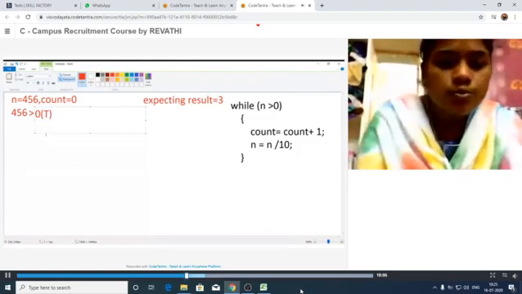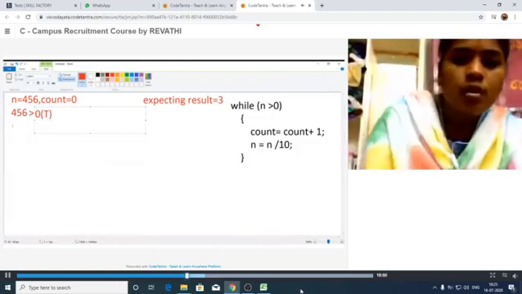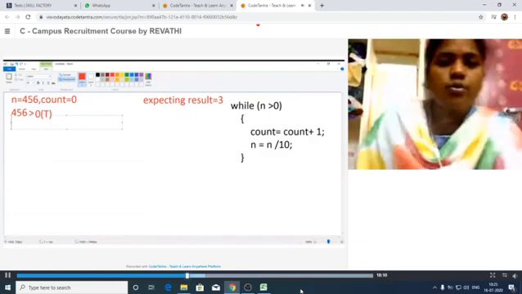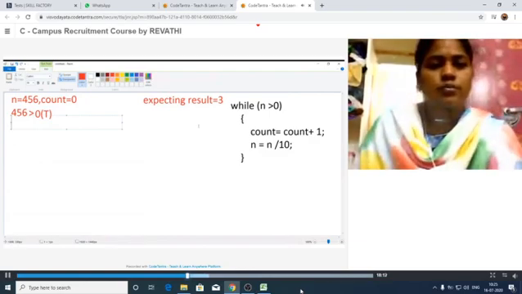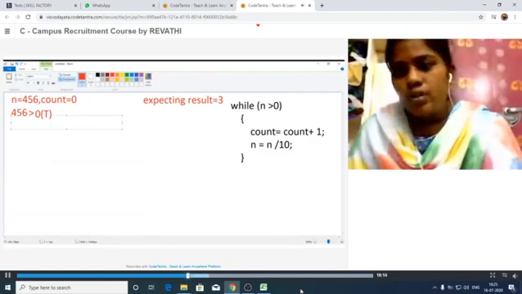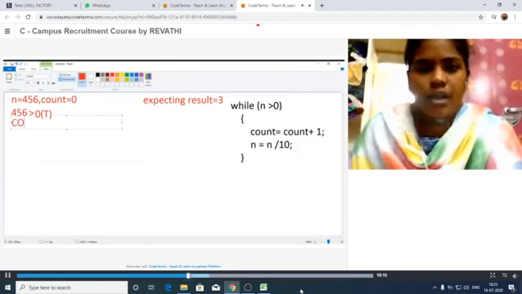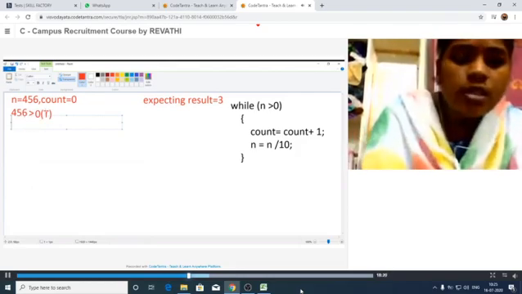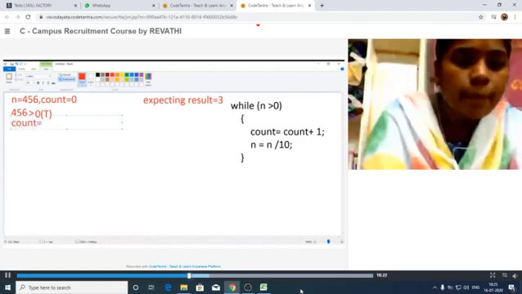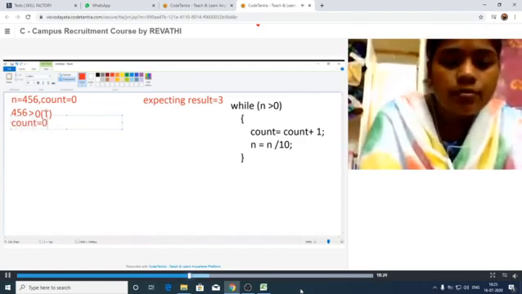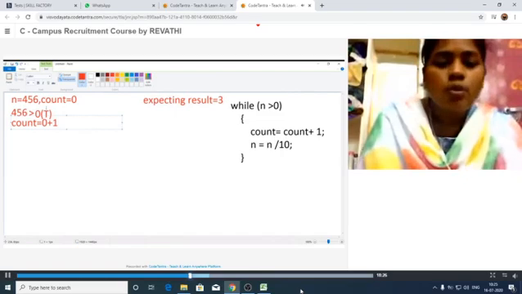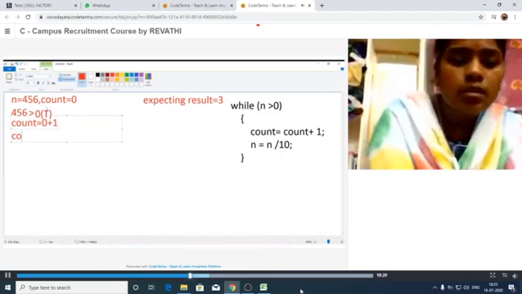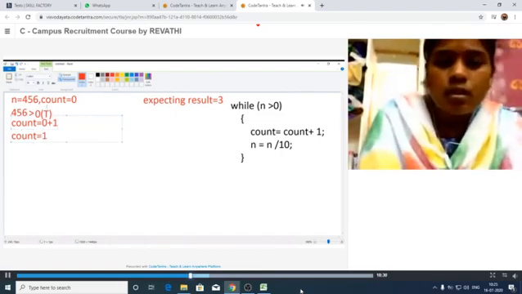Whenever this condition is true, it has to increment the count value. Initially our count value is 0, so count is equal to 0 plus 1, that implies our count value is 1.